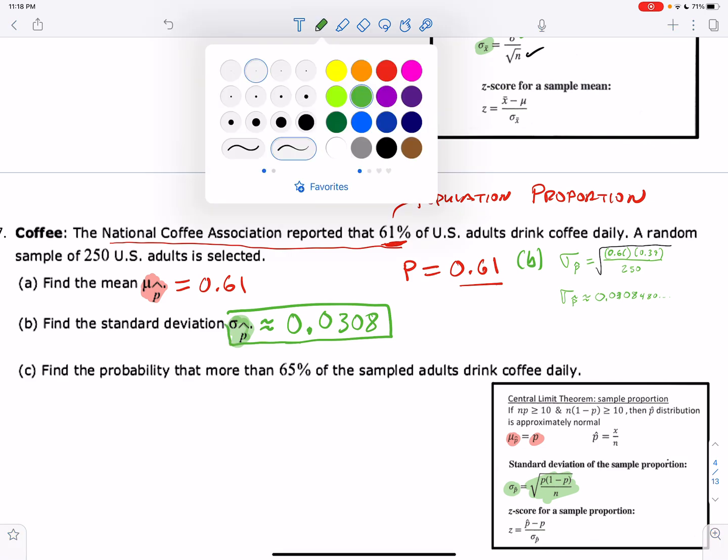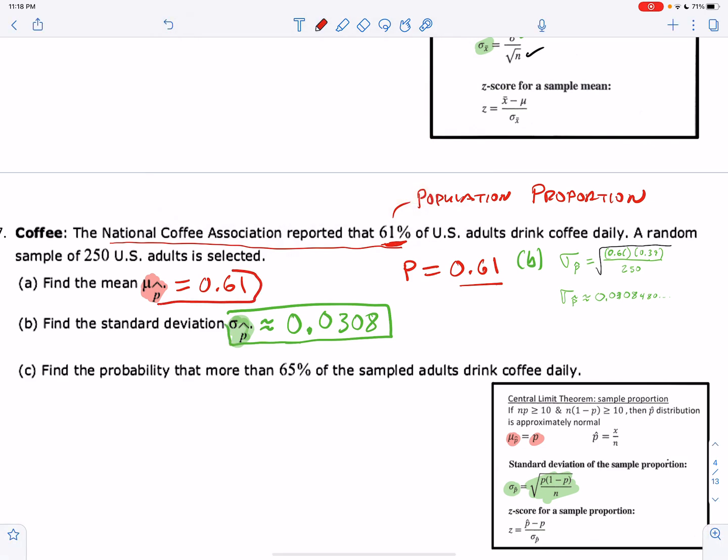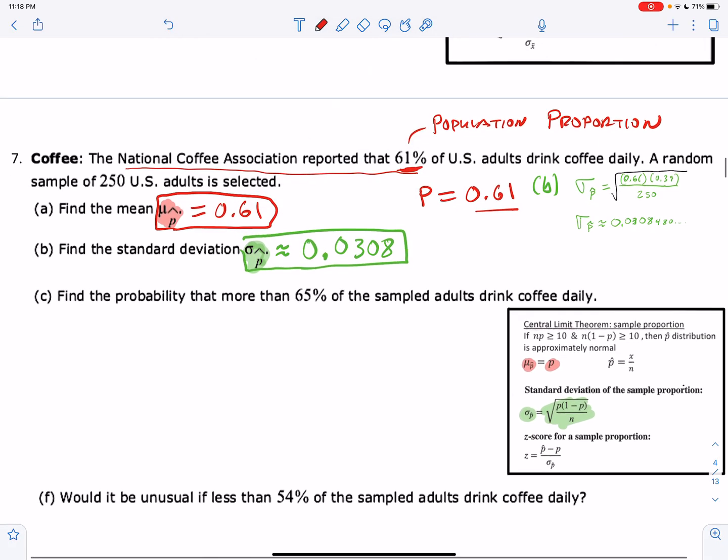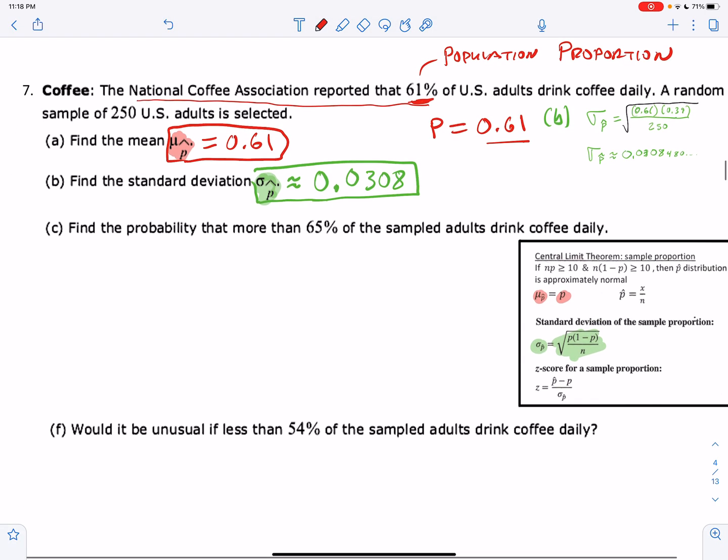There's that solution. Here's our first solution in part A. And now we will need to take a look at part C. It says find the probability that more than 65% of the sampled adults drink coffee daily. So now what we're going to do is we're taking the sampled data. So we're making a sampled